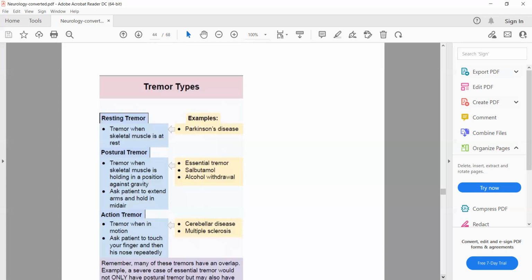Postural tremors, which are evident in a specific posture, such as holding out hand in mid-air against gravity. Examples of postural tremors, or the things which can cause postural tremors: essential tremor, which is an autosomal dominant condition, can result in postural tremors. Salbutamol has a side effect of postural tremor, and alcohol withdrawal